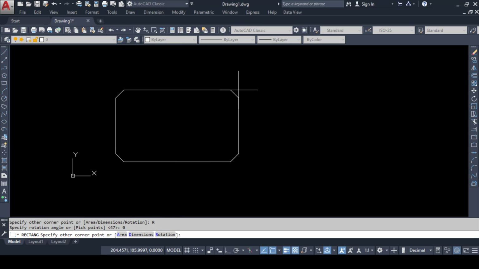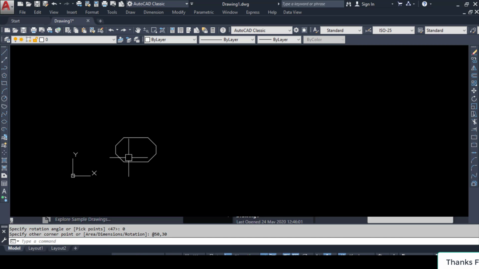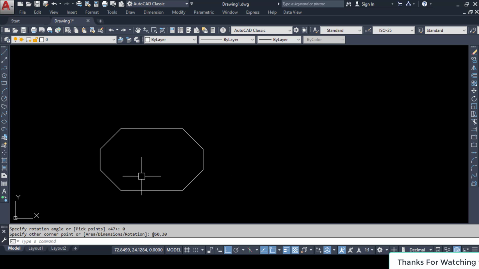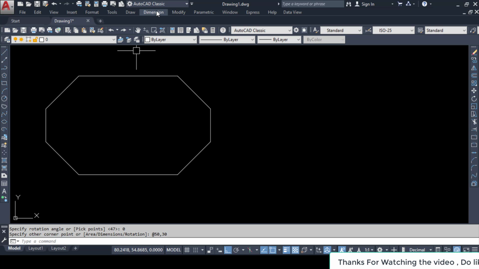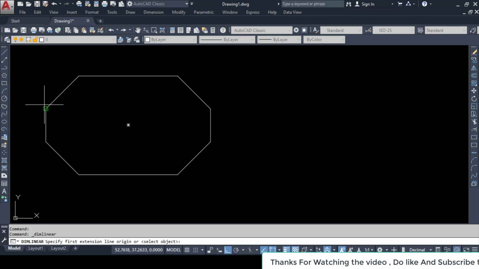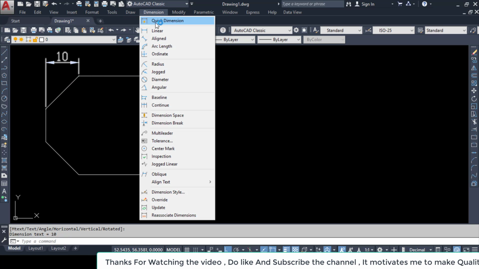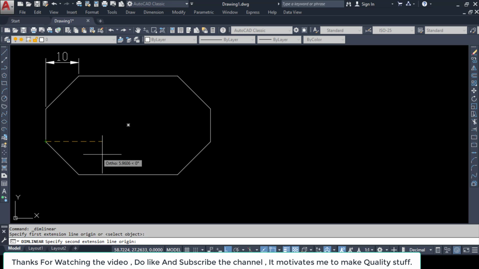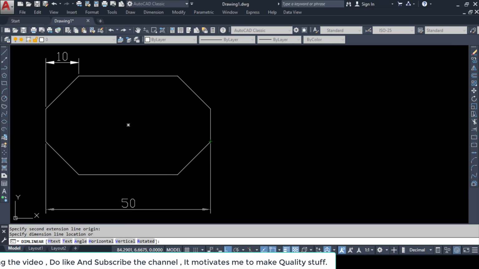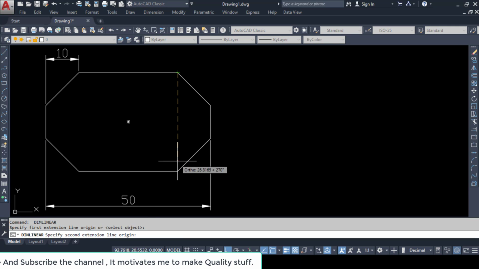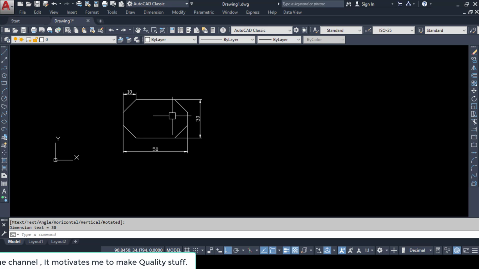Suppose I want to make a rectangle with the help of the normal absolute method, so I will enter 50, 30. So you can see that the rectangle has been made directly in this case with the help of the chamfer method. If I check the dimensions, it will be a chamfered distance of 10 from one point to another, and also if I see the dimensions of the overall, it will be 50, 30. So in this case, I can make a chamfered rectangle.